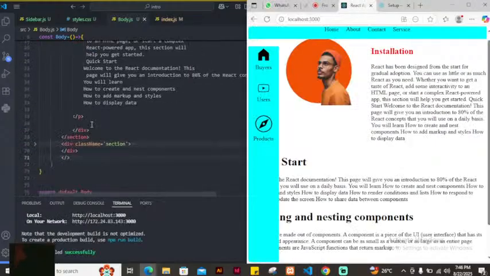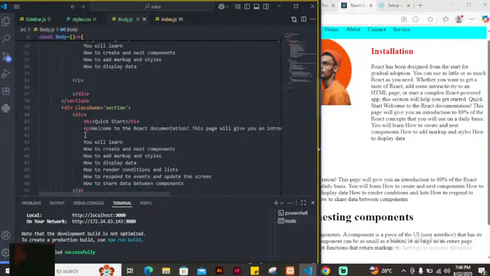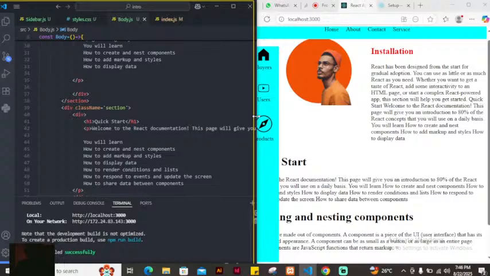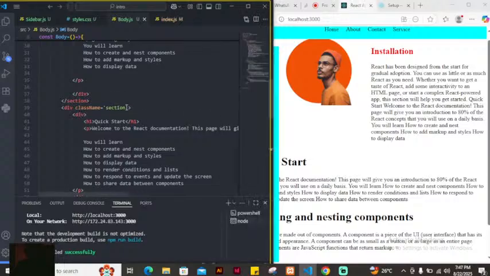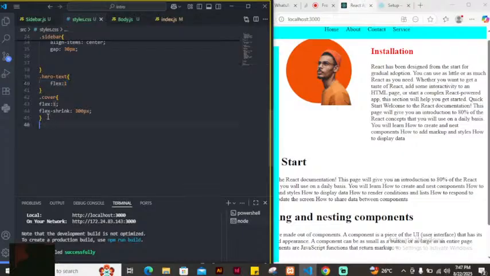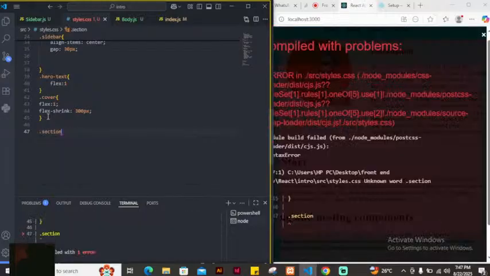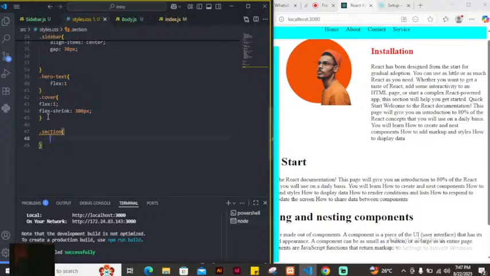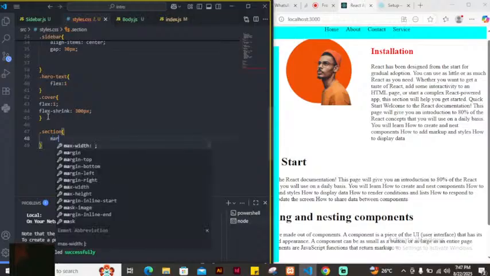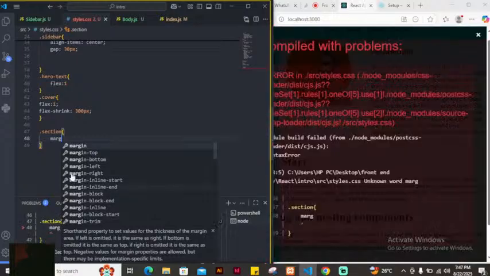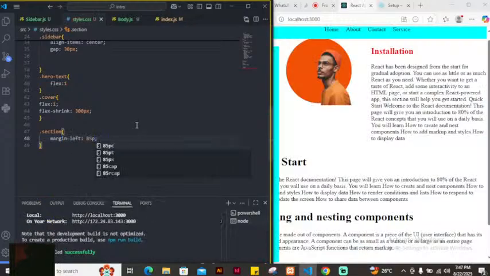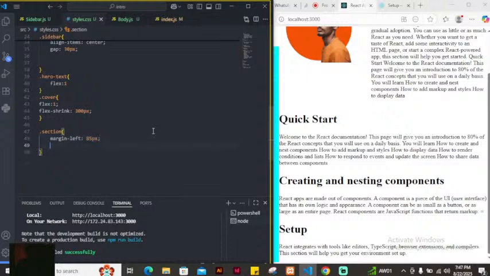Then we said we want to make it a grid. That will now set our layouts, how we want it to look. So remember, I have to call this my class of section. So I'll go to my style. The first thing I will do, I'll first of all move it away from here, call the class, then I'll give it a margin left so that I will have it outside. I'm going to turn it to a display of